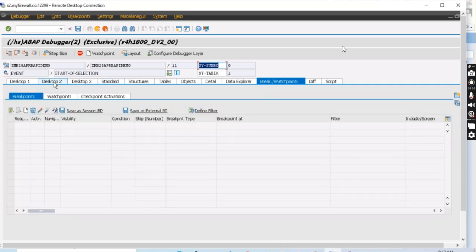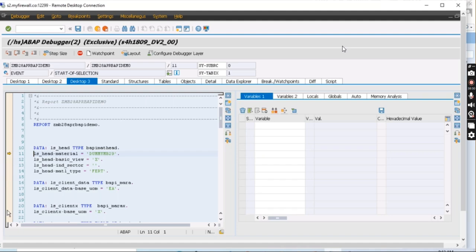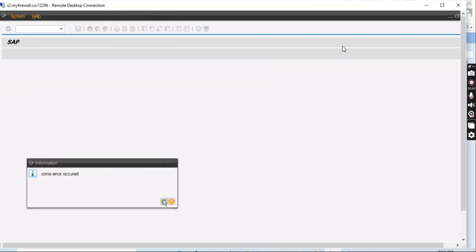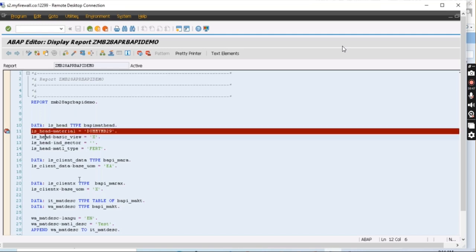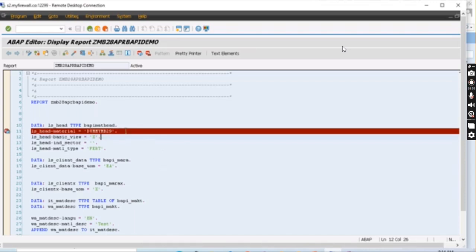My question is, I have just removed it from here, and now if I come out from the program, is that particular session breakpoint gone, or is it still there? If I press F8 and come out, yes, it is still there. We have to save, then only it will be removed. Right, very good. Yes, we have to save.